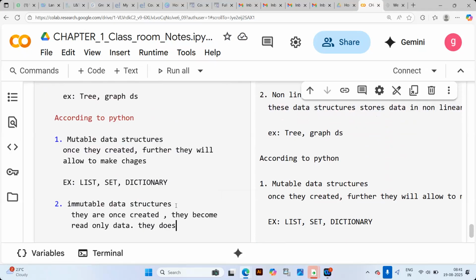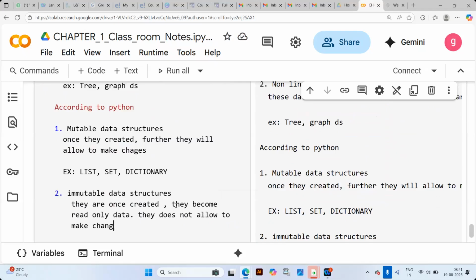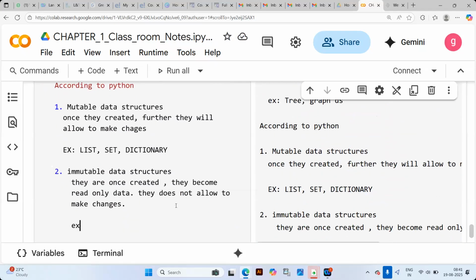They do not allow changes to be made. Examples are tuple, numbers, and strings.